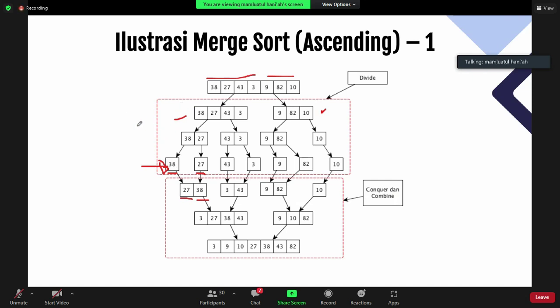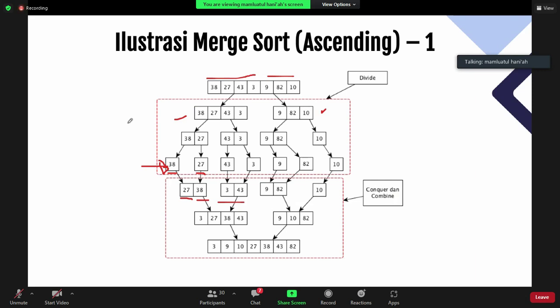And then you combine it, compare and combine. This process is compare and combine. You compare again 27, 38 with the second part of the array.